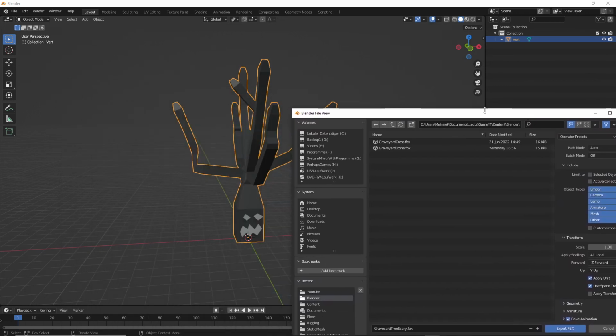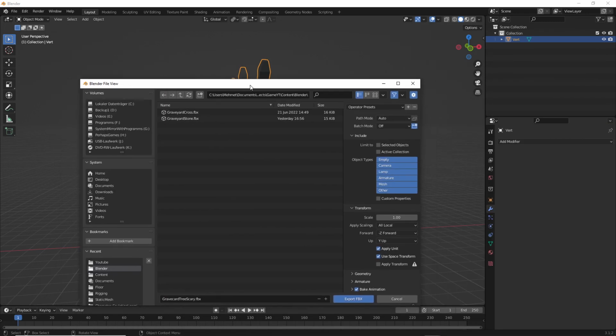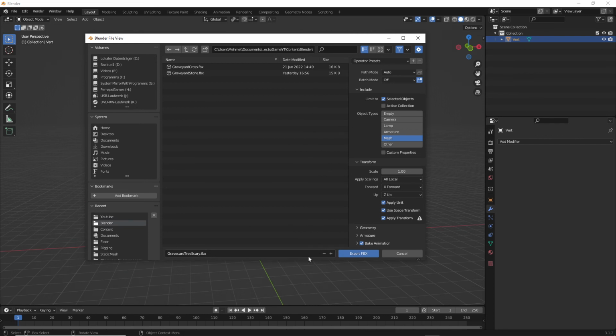So first of all, this must be selected. It is selected. That's okay. Let's go here. Set up selected objects. Yes, it is selected. Then I want just the mesh, right? All the other things I don't want. Perfect. Then scale. X is forward and Z is up. Right. And here I think I need to select all like the last time. And then